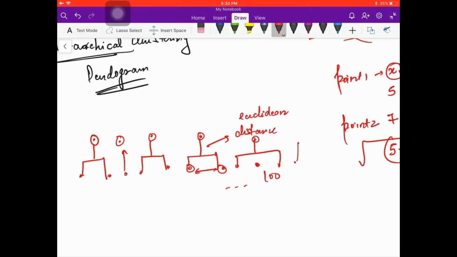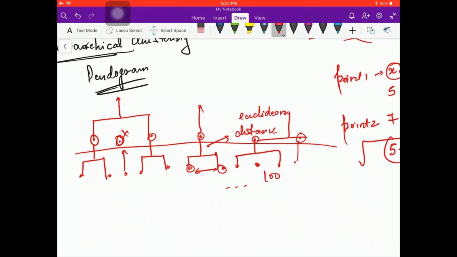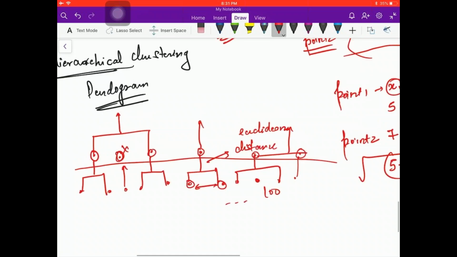And this one did not, let's say, did not get grouped. Now again, you start your problem like this. You may see these two are very similar. These are grouped here. This did not get grouped with anyone, and these got grouped here. So based on the distances, it is getting grouped.